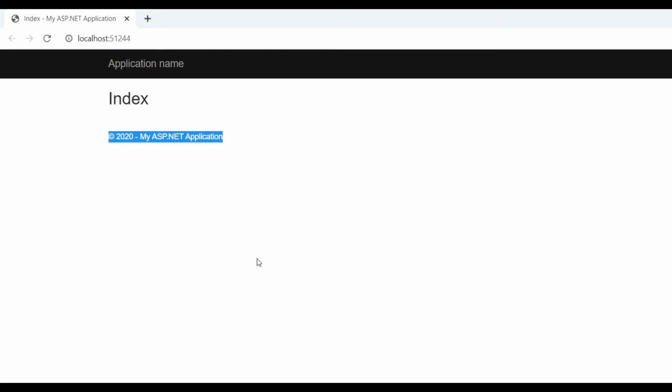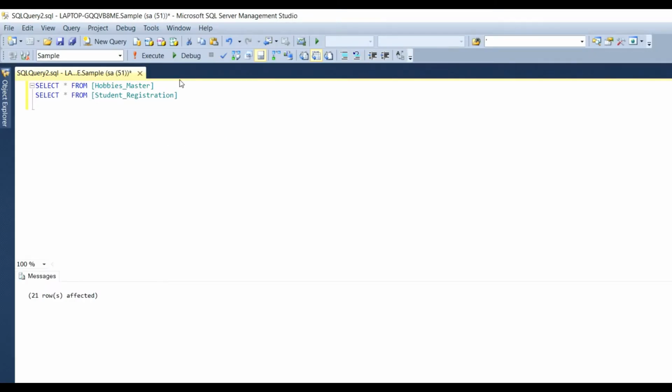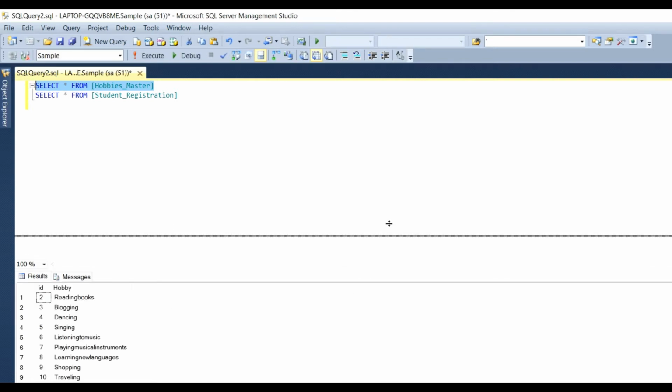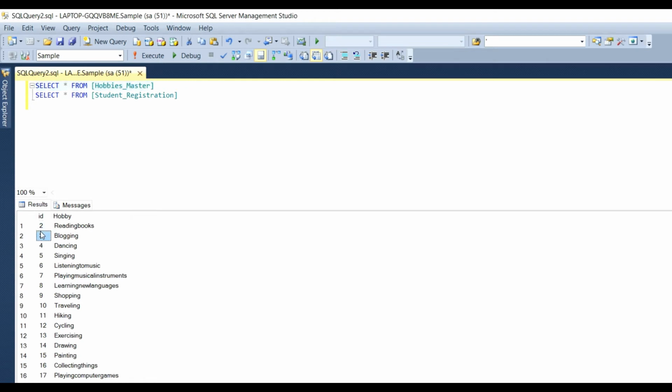Our main aim here is to bind the checkbox list from database. So go here. Now you can see I have created the table hobbies master in which there is ID and hobby like reading books, blogging, dancing.